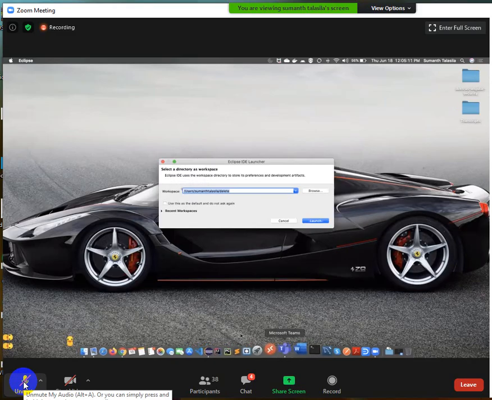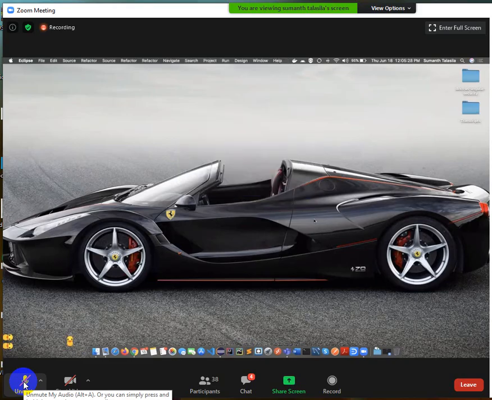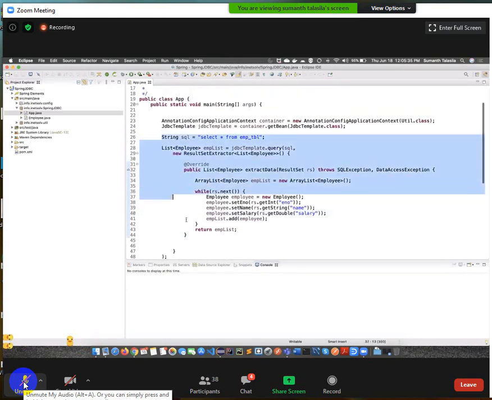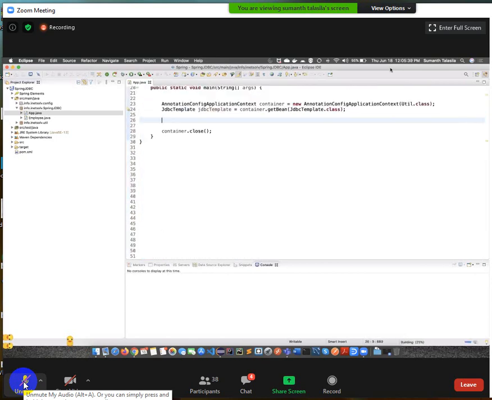From now onwards, I don't want to use anonymous inner classes. I want to use only lambda expressions. I'm removing all of them here. Start with jdbcTemplate.query of